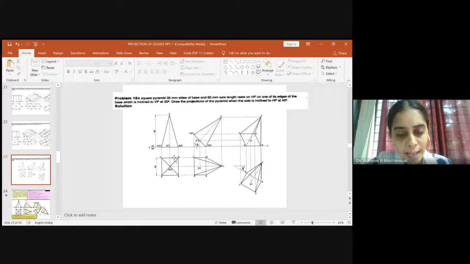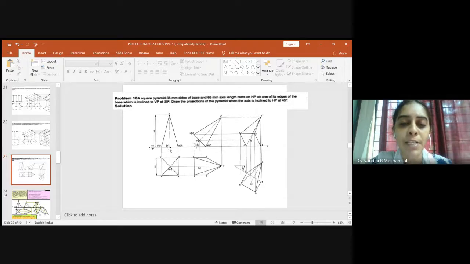After that, as usual, you will take the projection above. Before taking the projection above, kindly see what the axis length is. The axis length is 65 mm. So from the center, just draw a thin projection line. When you go above the XY line, change the pattern of line to the axis line. Just draw an axis line and fix it for a distance of 65 mm. You can use a scale or compass, whatever. Measure 65 mm and name it as O dash.